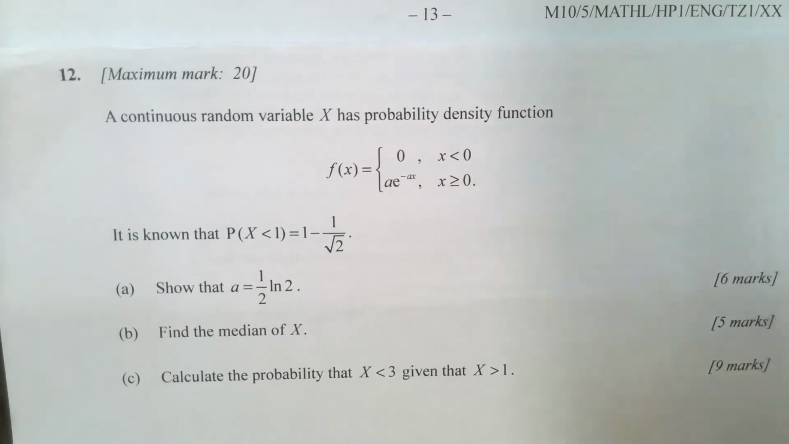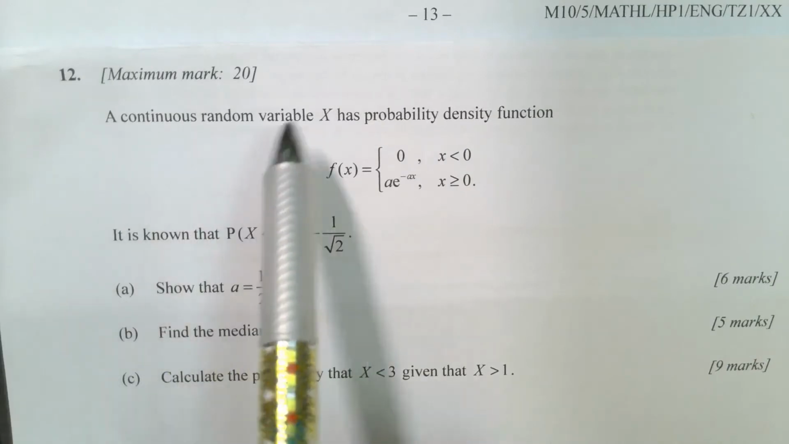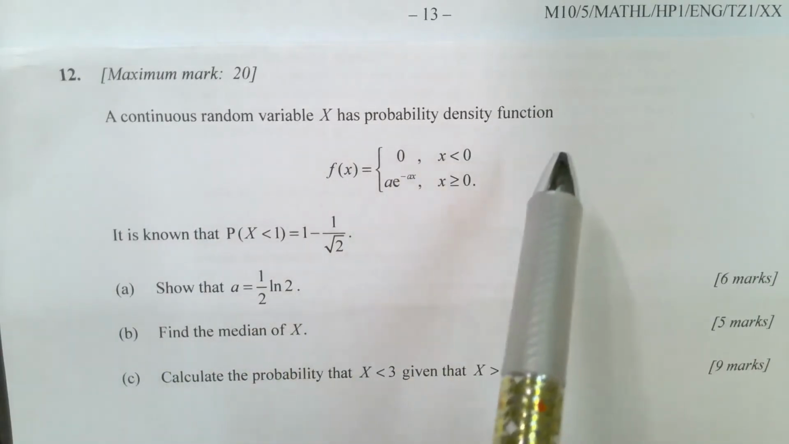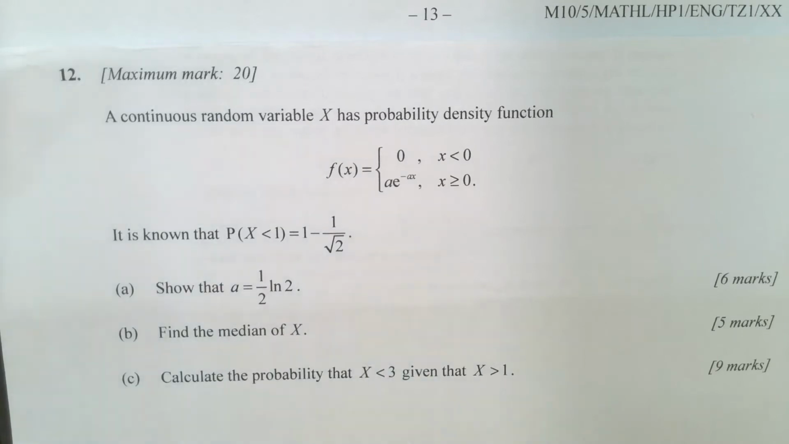It says, a continuous random variable x has probability density function f of x equal to 0 if x is less than 0, and f of x equal to a times e to the power of negative ax if x is greater than or equal to 0. And what we also know is that the probability of x being less than 1 is 1 minus 1 over square root of 2. So the first question is a "show that" question, which is